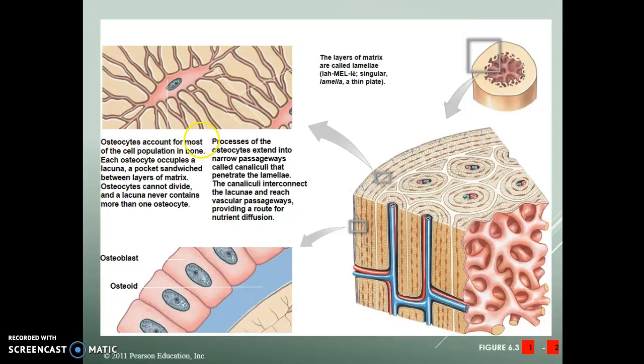Here we are looking at compact bone. Compact bone is this smooth bone here. In the center is